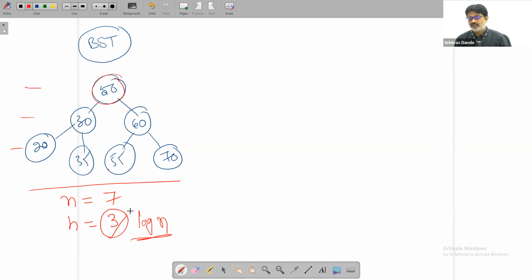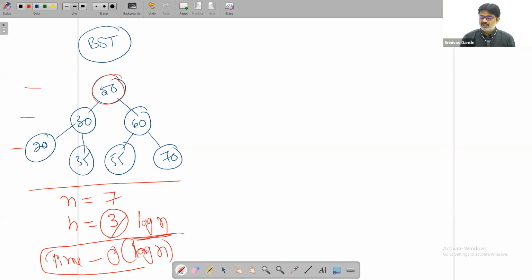Now height is 3. So my time complexity for a search operation is big O of H, or I can say big O of log n. In this case, even for insert, similar will come. Maybe it may be height plus 1 sometimes. Overall log n. But